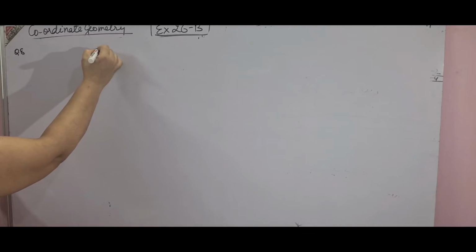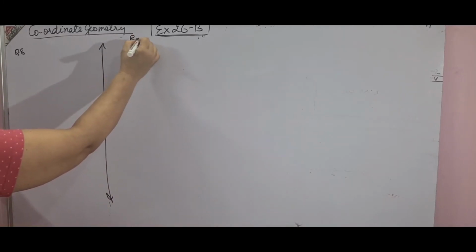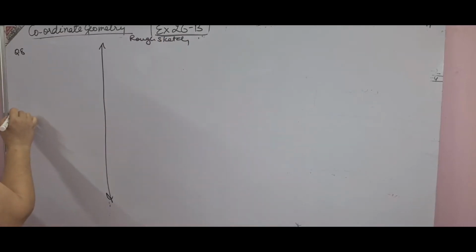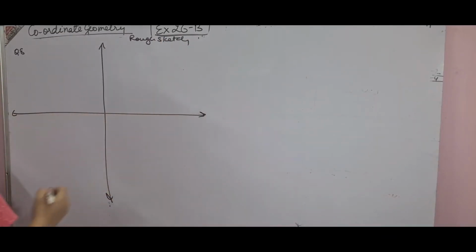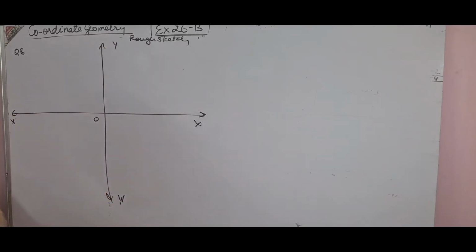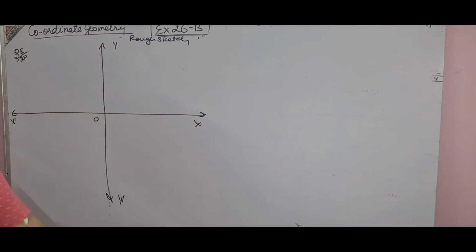It's very simple. You know what to do now. All these are rough sketches I'm drawing here, not to scale, just to make you understand. You know what to write on the left-hand side, what tables, and how to present it. Everything I have already explained; I'm just giving hints for the questions now. So the question is on the same graph paper, question number 8 on page 320, exercise 26b.